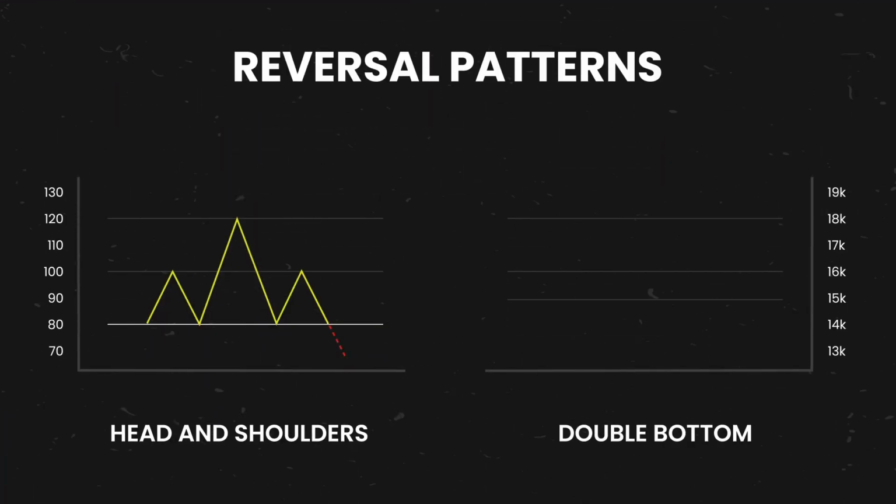The opposite of it generally is a double bottom pattern, which we see very often. Basically, say an index has dropped from 18,000 to 15,000, bounced back to 16,000, came back to 15,000, and then it crosses 16,000. So the intermediate high between the two patterns has been taken out. That is what is called a start of an uptrend and a reversal of trend.